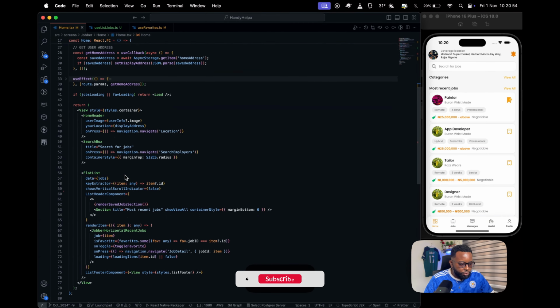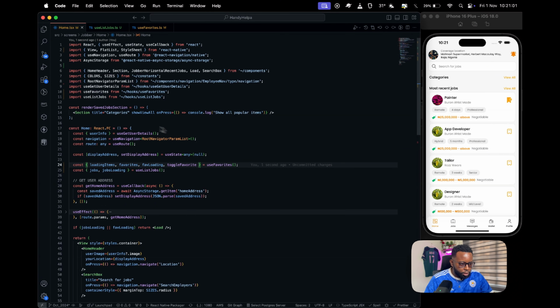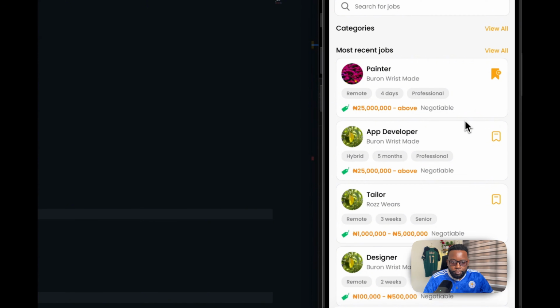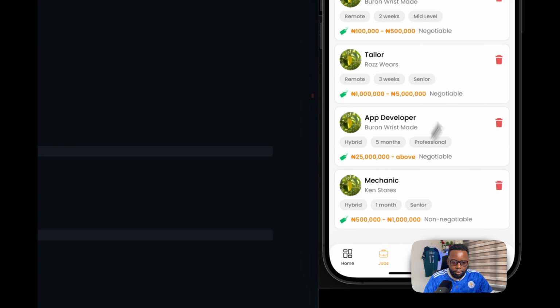So now I have the home screen looking very, very neat, about 91 lines of code here. That's fine. And my hooks. So let's test it now. So I will save this. Yeah, it still works. So it works very well. So I can save an item to my favorite list or my saved job list, and there you go,